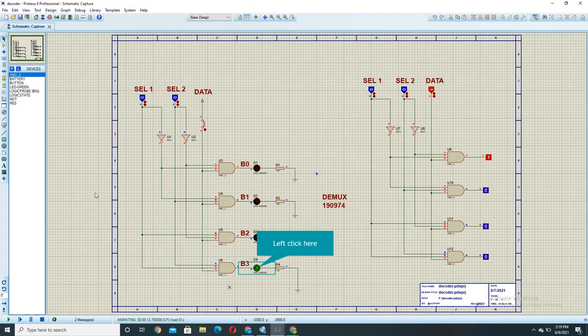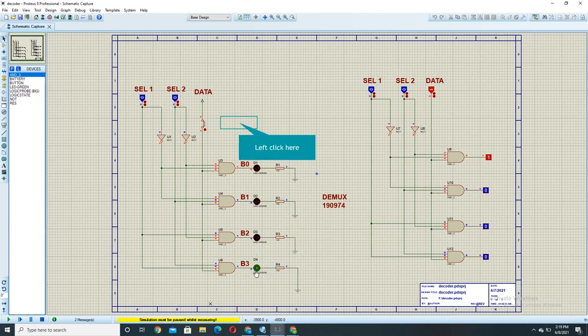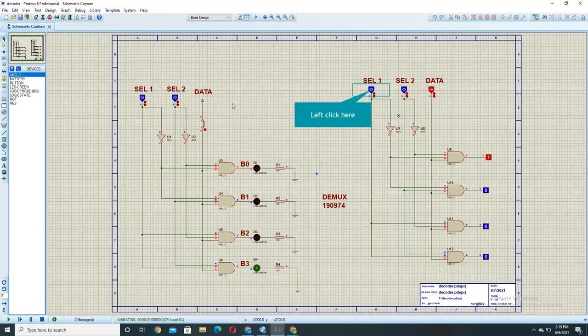Okay, it's not changing. The main reason for this not working is that its simulation is paused, because I have reopened it, so it is not working over here, but we will see it from this. As you can also see, all the three inputs of 1 are 1 and this would be 1. So this is 1.